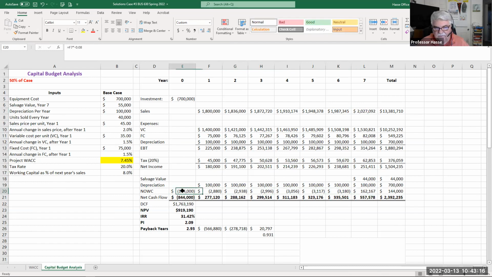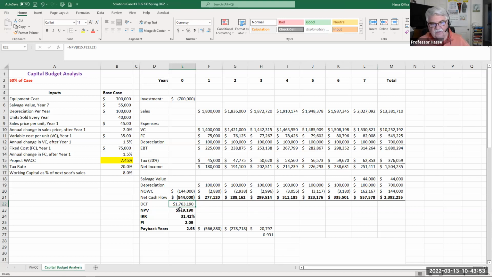So the net effect of working capital is 0 throughout the life of the project, but we're showing the capital needed to support the asset base in years 0 through 6, and then that being added back at the end of the project's life. And thus we get our total cash flow of approximately $2,392,235, which we discount back at the interest rate of 7.45%, and we get a discounted cash flow of that $2,000,004 to now